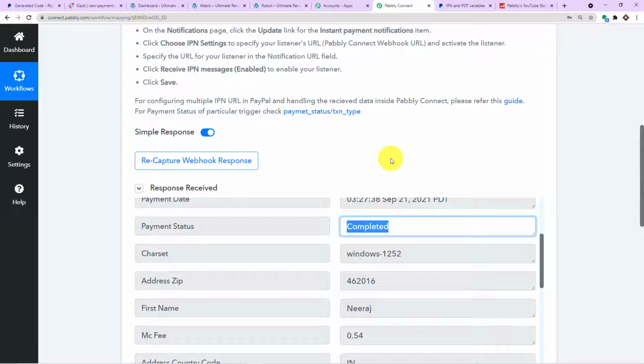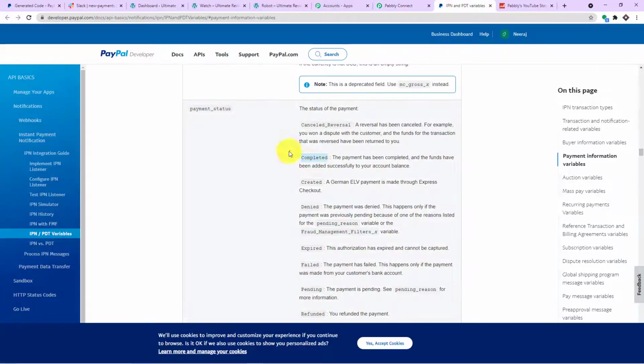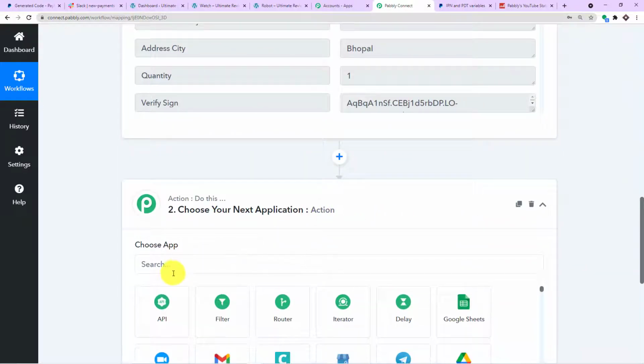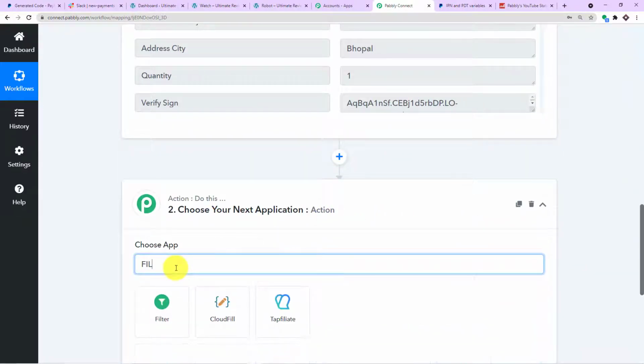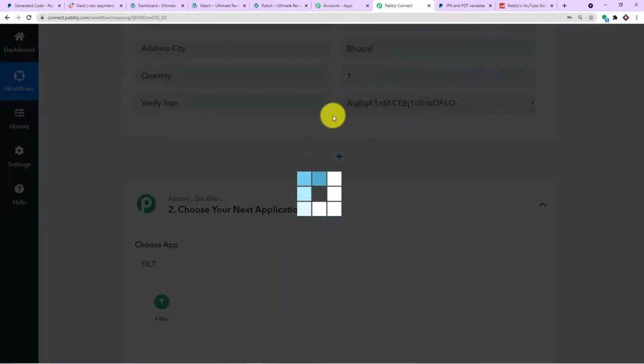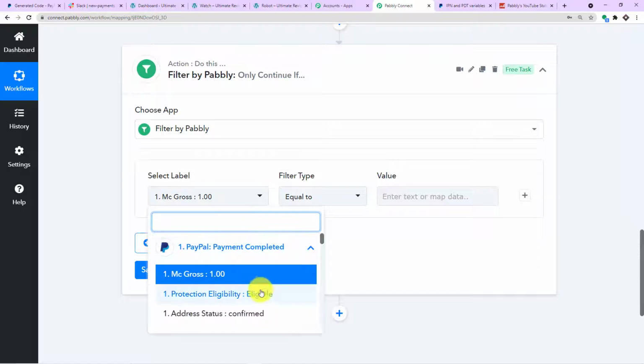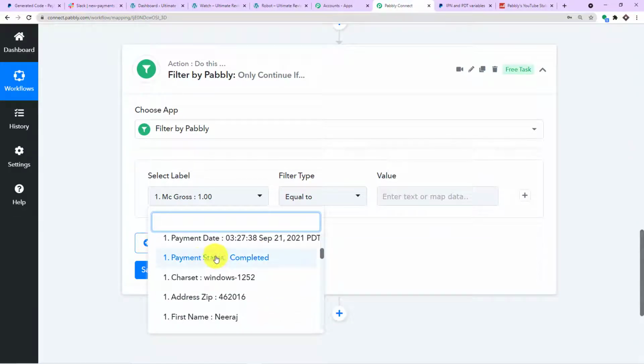I'm going to copy this whole stuff and bring the filter. The filter will allow only those cases in which the payment status is completed. If it is expired, if it is denied, it won't go. So let us make the payment status completed.